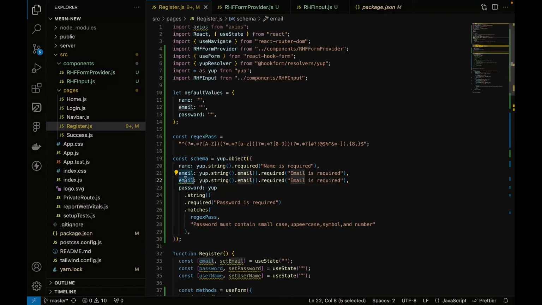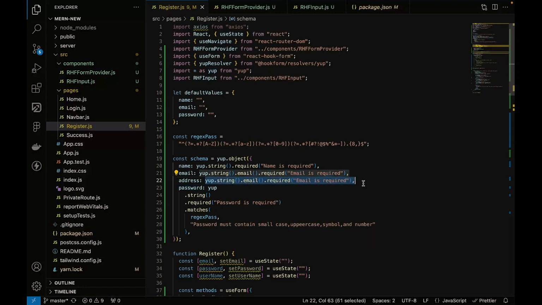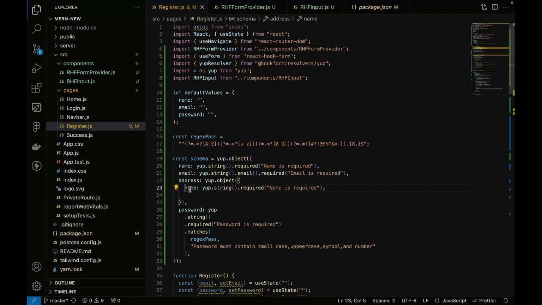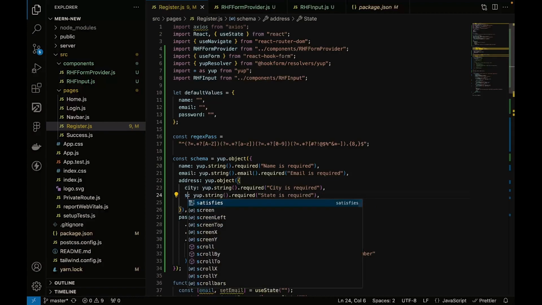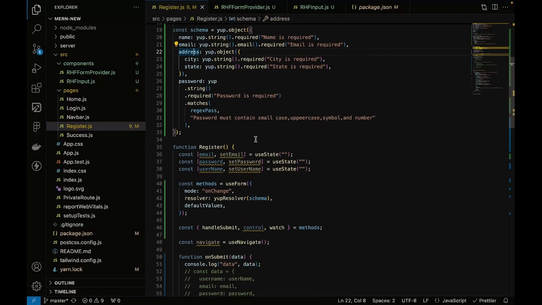Even going forward, you can have an object here as well. Suppose we needed address. So what you can do here is, yup dot object, and this object will again have, suppose, city is required, state is required. So now if you can check,